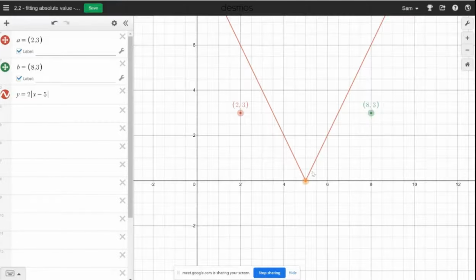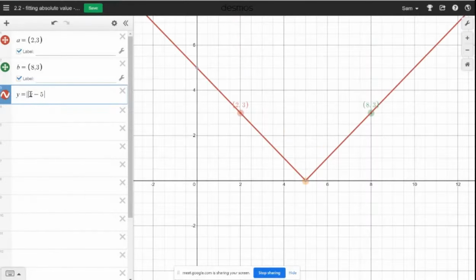And then we need to change the slope. So if we put it right down here, what's the slope? We've gone up by 3, across by 3. So the slope will just be 1. Okay, so there's one possible answer. Or